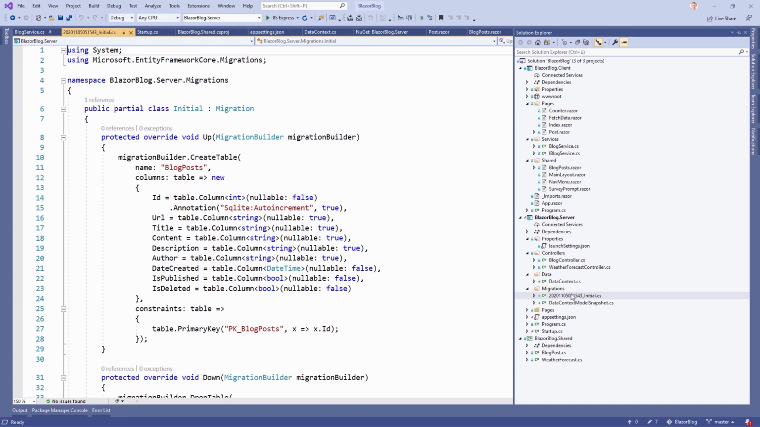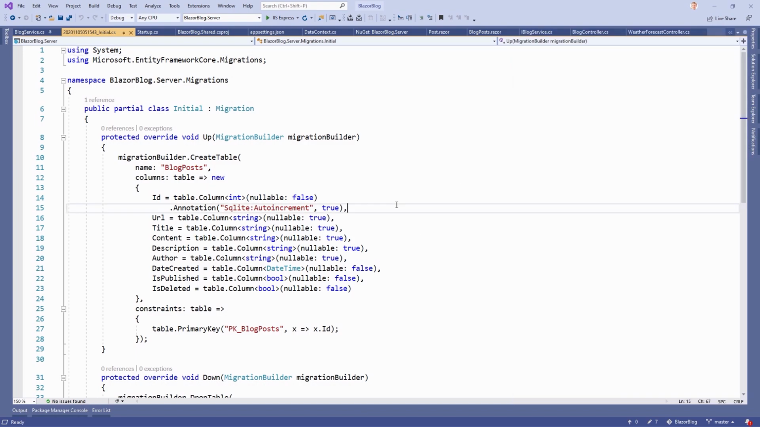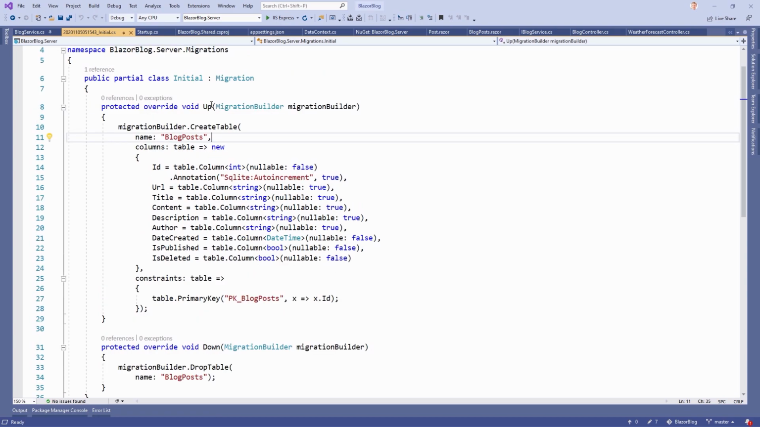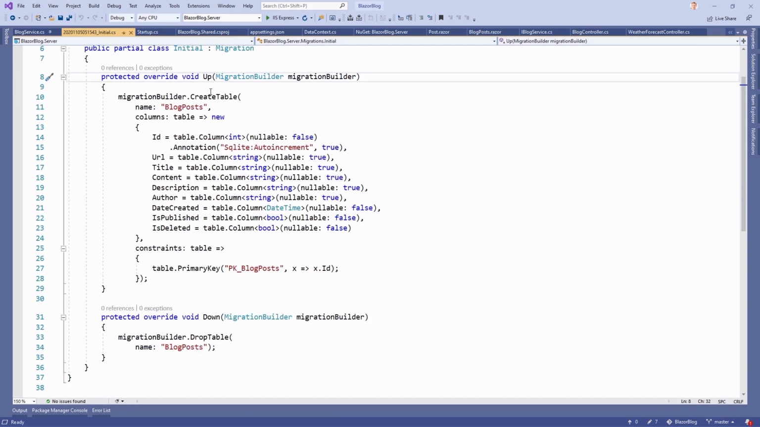The file of the migration. It's called Initial because we told Entity Framework to call it Initial. And then you see two methods, Up and Down. And when we now update the database and actually execute this migration, then you will see what Entity Framework is going to do. It will create a table with the name BlogPosts and with all these fields here. And you can also see that Entity Framework is so smart that it will create a primary key for the